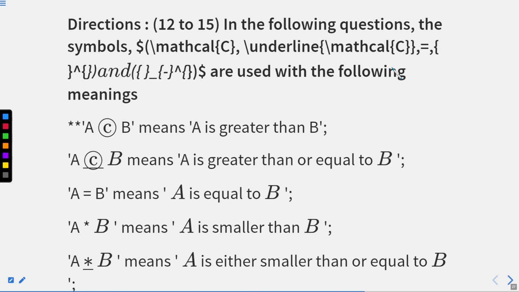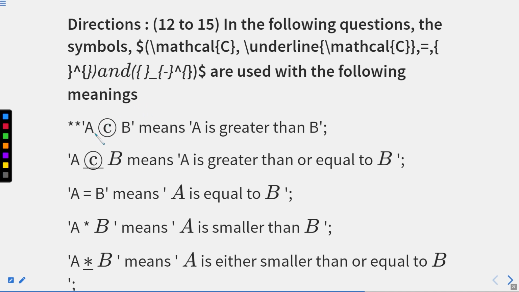That is question number 12 to question number 15. Now we have a set of directions again, right? So for that, here we have a direction and we have a set of instructions, right? So I'll directly jump to the set of instructions part. The direction says you have to follow these set of instructions from question number 12 to question number 15, right?